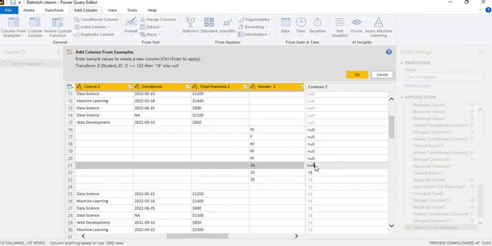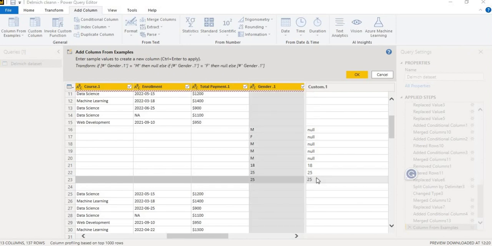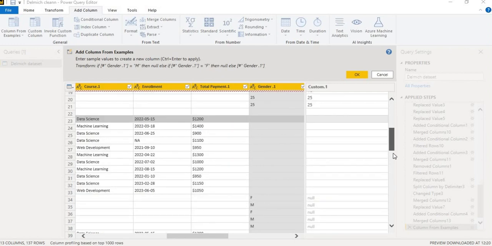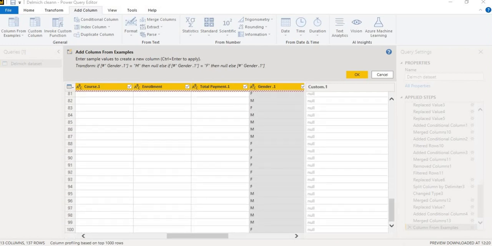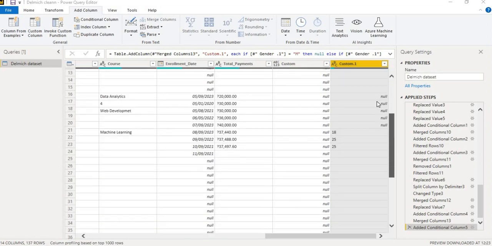This should be 18. This should be 18. It should be 25. This should be 25, then this should be 25 as well. Then the rest should be null. Yes, exactly what we want. So okay, then since I have the age extracted, I'm just going to merge this back